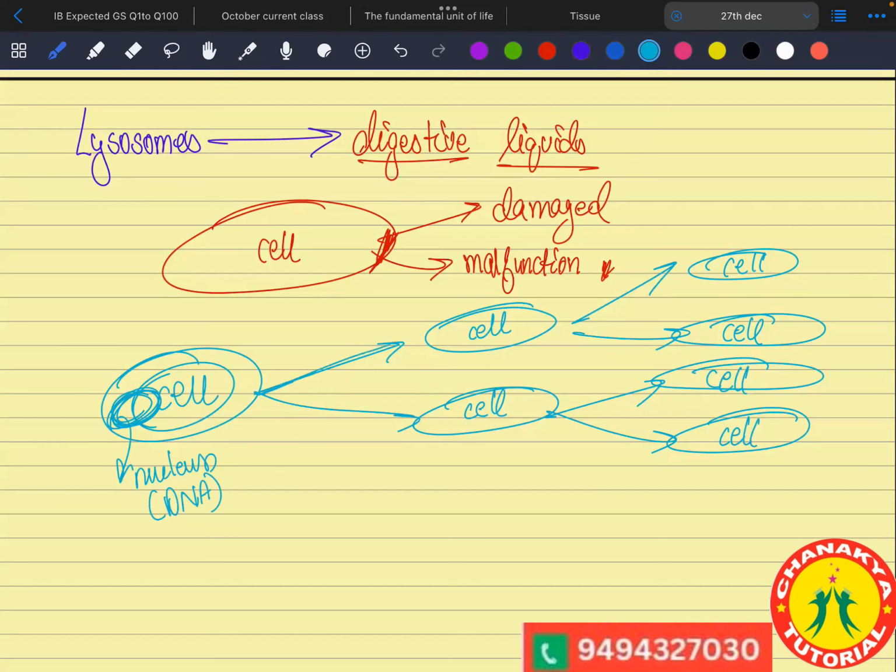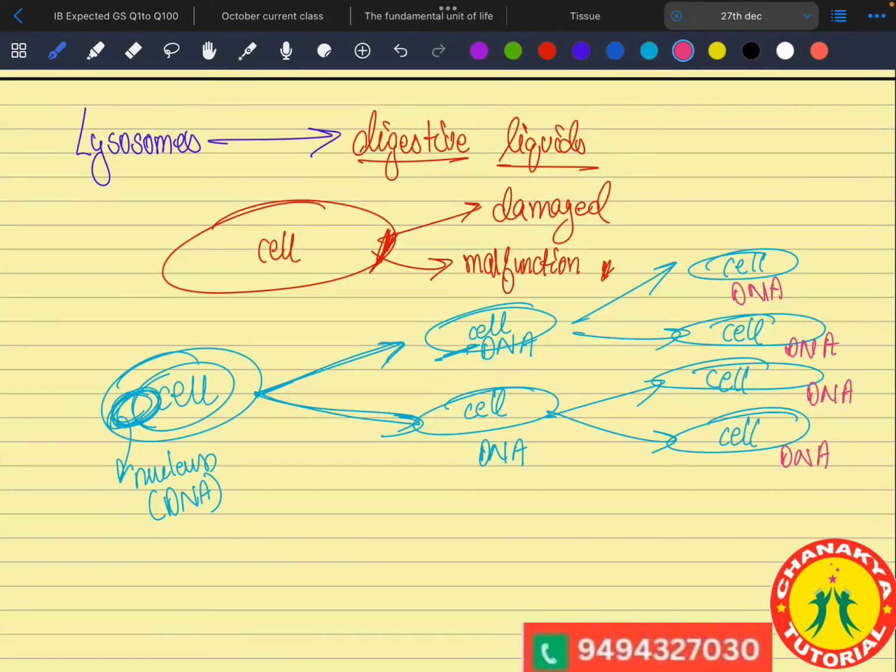Okay, and let's say this cell is dividing, this DNA will go to this cell also. Likewise, DNA, DNA, DNA. Let me ask you, if there is no DNA present in a cell, will that cell survive? No, sir. Very good. That means DNA is present in every cell. Without DNA, no cell can survive, because if there is no one to instruct the function of different parts, then that will not work.